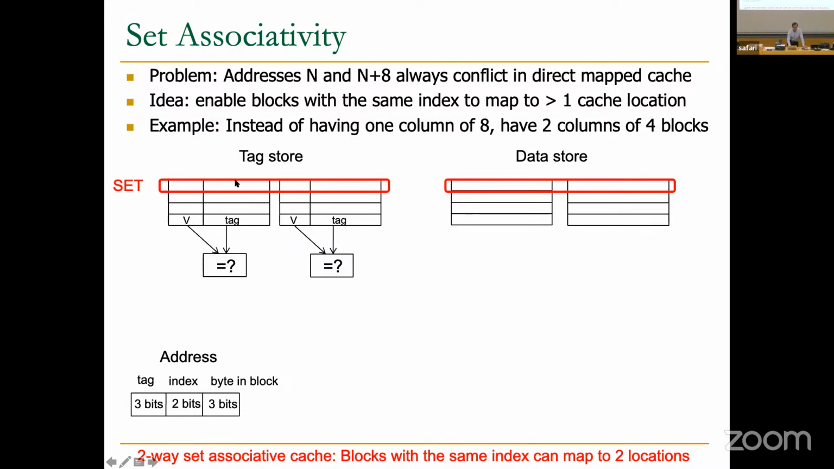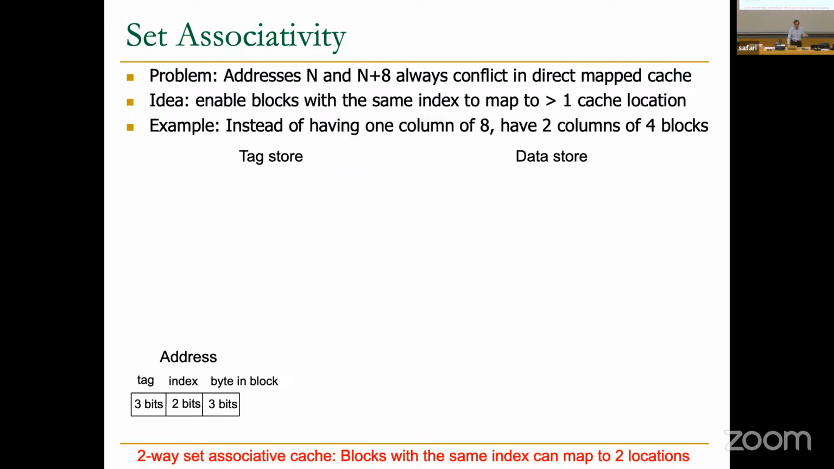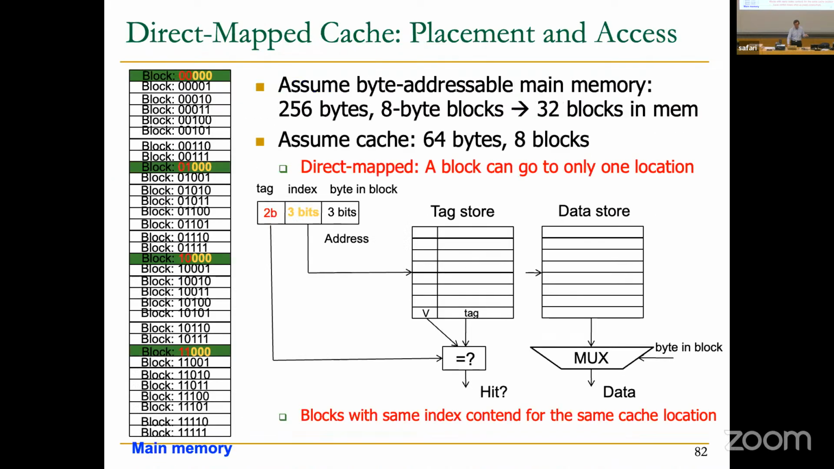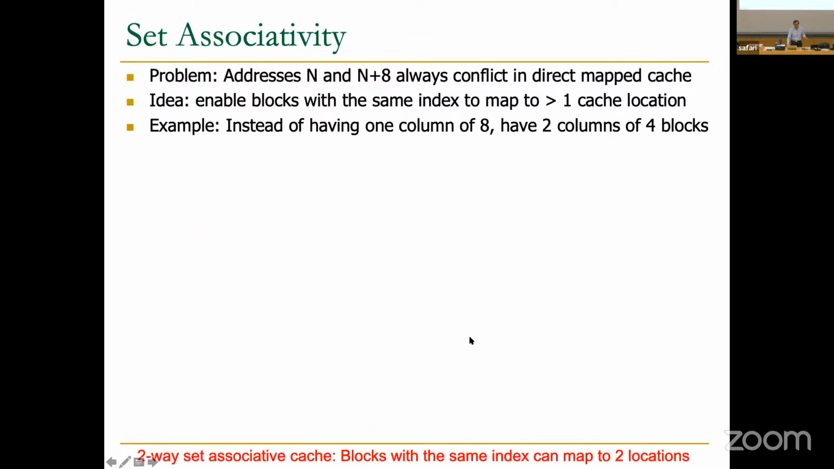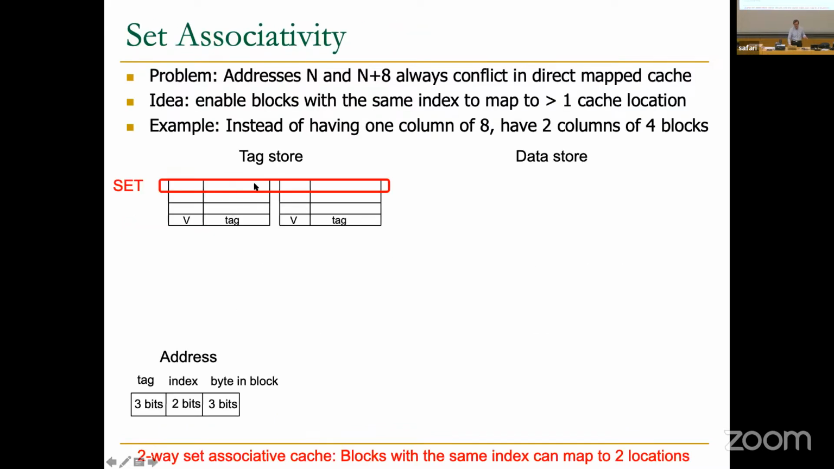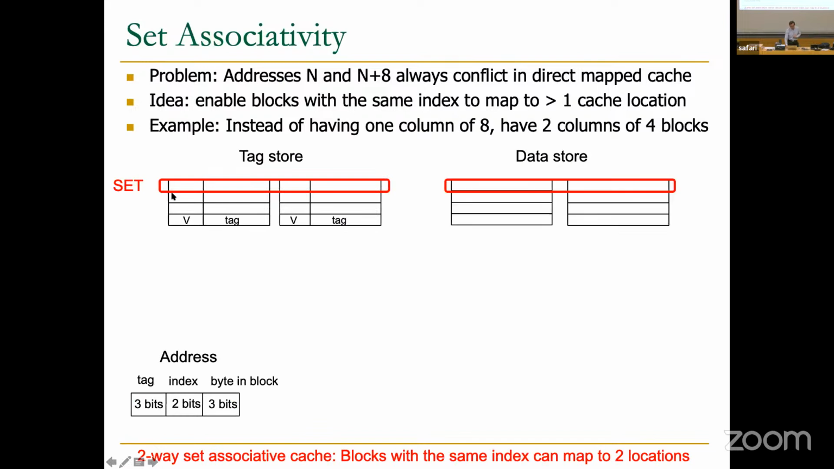This is basically blocks that have the same index. They're called a set. It's a set of blocks that can be in the cache with the same index. That's the idea. Before, a set consisted of only one block, which is the direct map cache, right? And we had 8 sets. Now we have 4 sets, but each of them can contain 2 blocks. That's the idea. Now, okay, but the tag bits increased because you need to still uniquely identify addresses that are